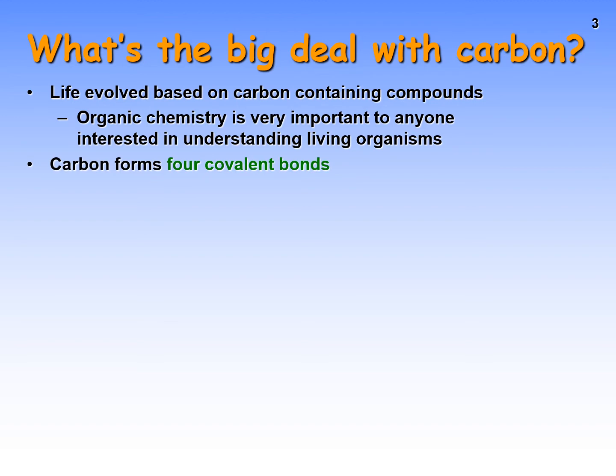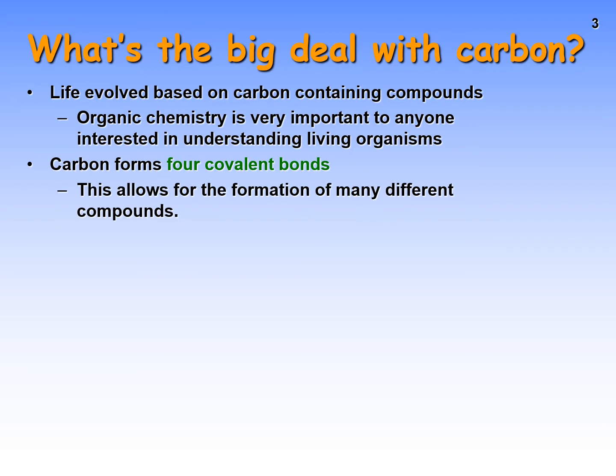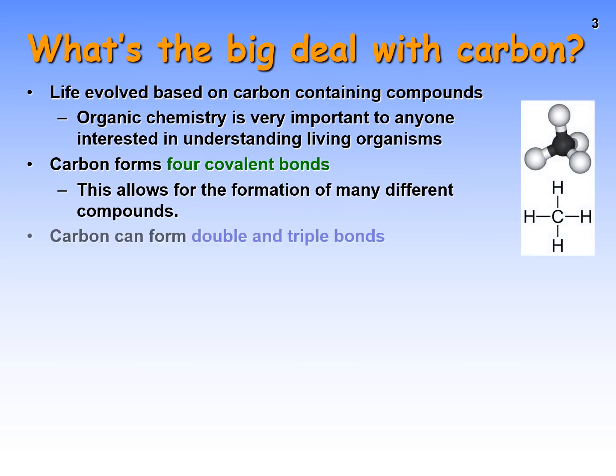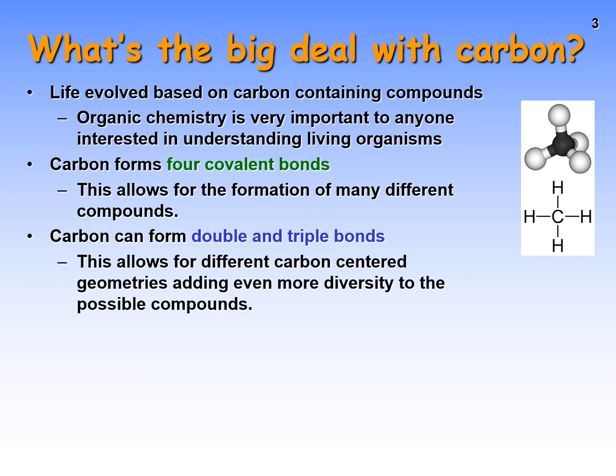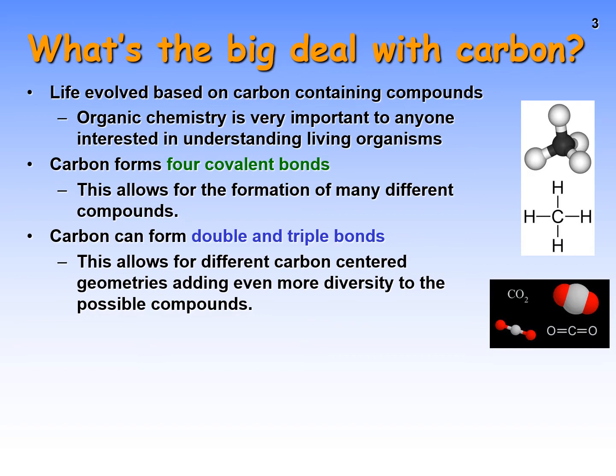Carbon contains 4 covalent bonds. This is kind of a big deal. It creates a large variety of different compounds that you can form because of the fact that it can bond to 4 things in total as a carbon center. In addition, it can form double and triple bonds, which is also kind of a big deal. It creates more diversity in the possible compounds that you can form, as well as their geometries in terms of their structures. For instance, like CO2, where we have a linear molecule, or CH2O, which is trigonal planar.